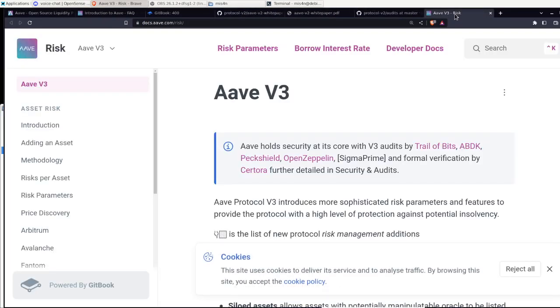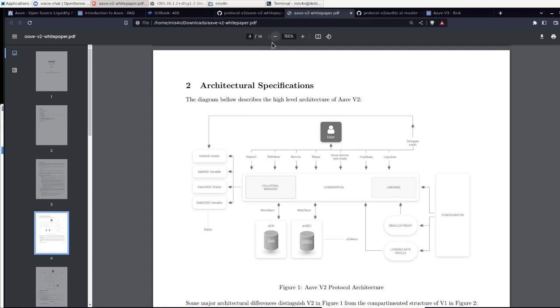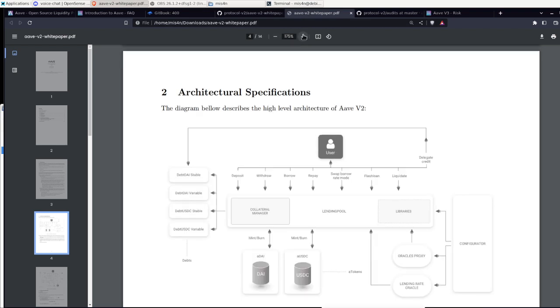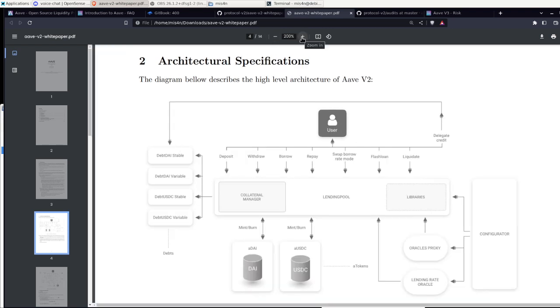So if we look here at the white paper and take a look at their explanation of the architecture of the protocol, it is a really nice part to get into for us as developers.